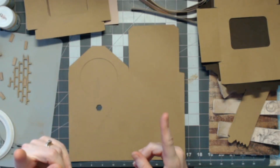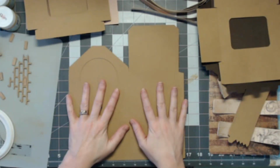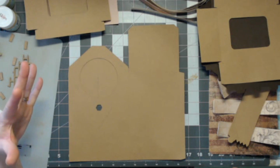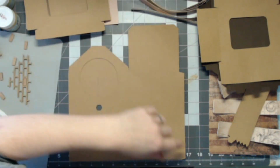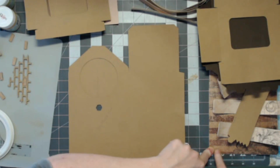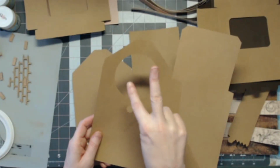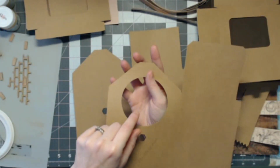But I also need to mention that this is not the original size. I enlarged the pieces until the largest piece was on the 12 by 12 mat, the full 12 inches, which was the pattern paper roof piece. And I made one other change. Well, I guess you could say two other changes. I enlarged the opening,